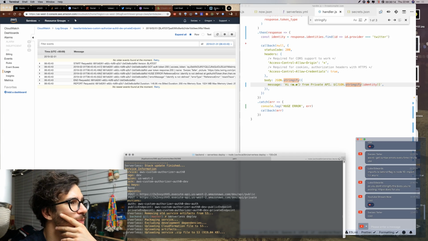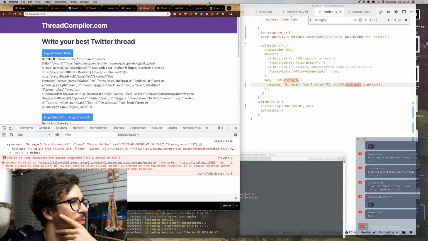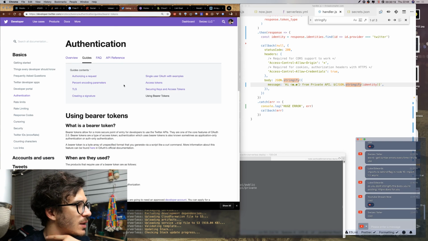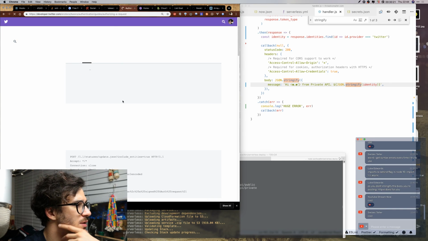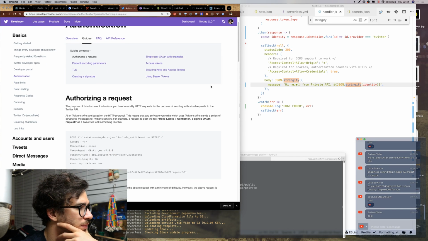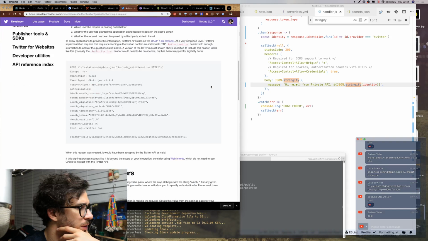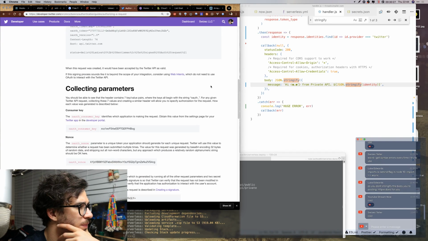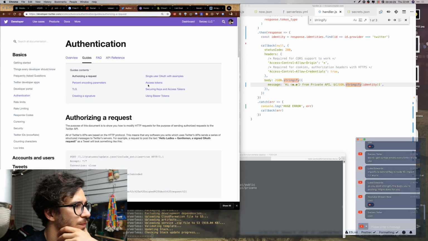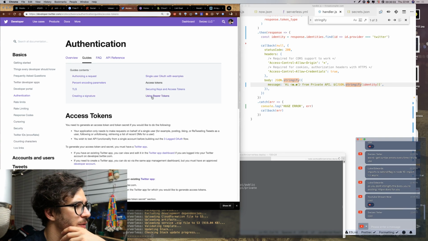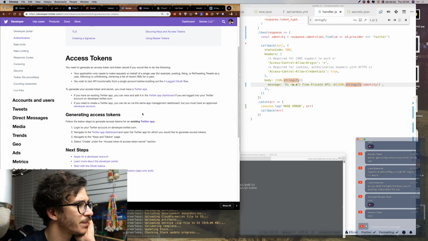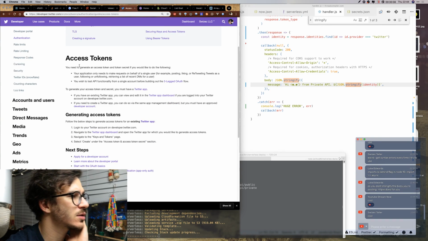Cool, got that. Now how do I get the bearer token from our thingy? Authorizing a request. So access tokens, using bearer tokens. So access token, you need to generate an access token and token secret.